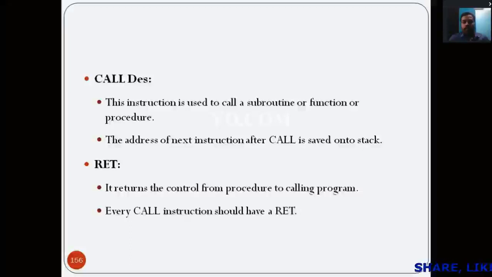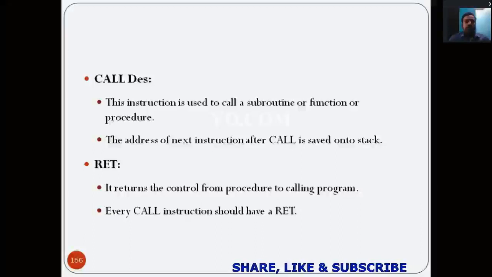To avoid these demerits, we make the percentage calculation a separate program and store it in some location. Whenever we need the percentage calculation, we call it from the main program. So this is a call operation.